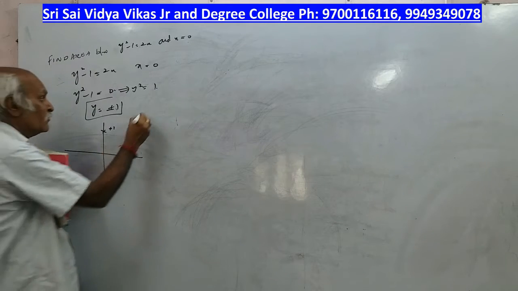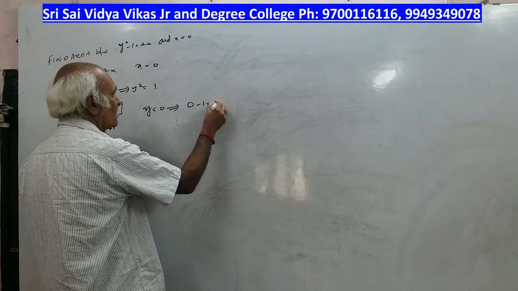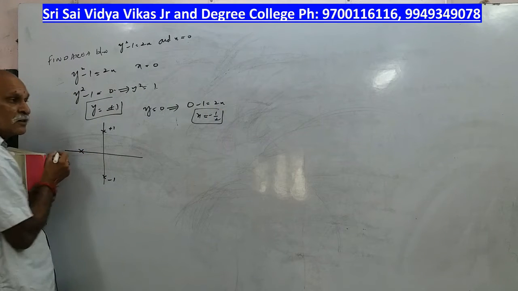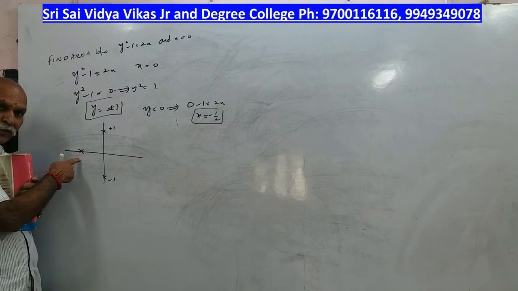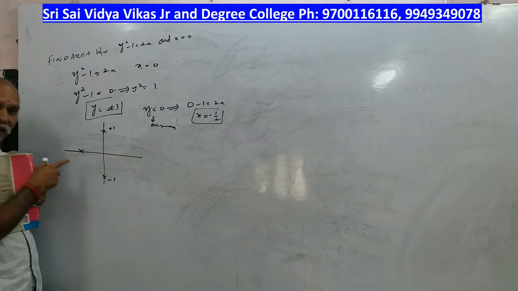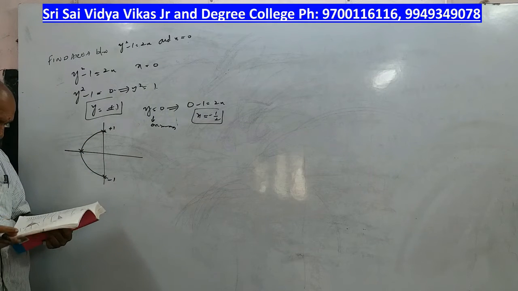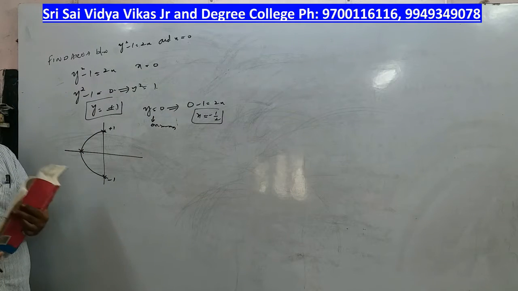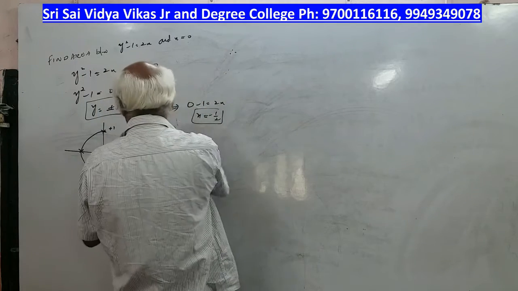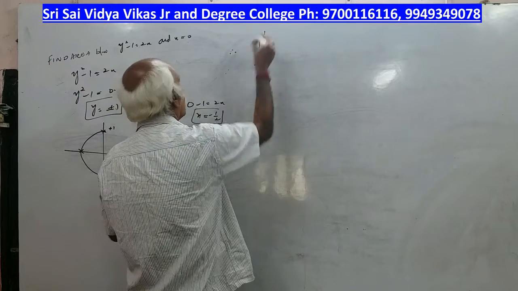Now we got y values. Now in between value I will take y is equal to 0. Then what will happen? 0 minus 1 is 2x. X is equal to minus 1 by 2. Means it is coming here. When you take y is equal to 0, y is equal to 0 means on x axis, sir. On x axis. So here it is coming. Now we have to draw the curve. Right? We are drawing the curve. So it is coming in a negative direction. Therefore, now what are the coordinates we got? Y coordinates. So minus 1 to plus 1.